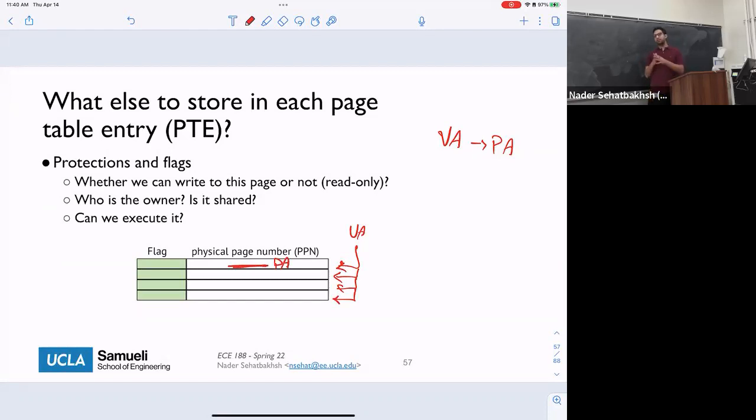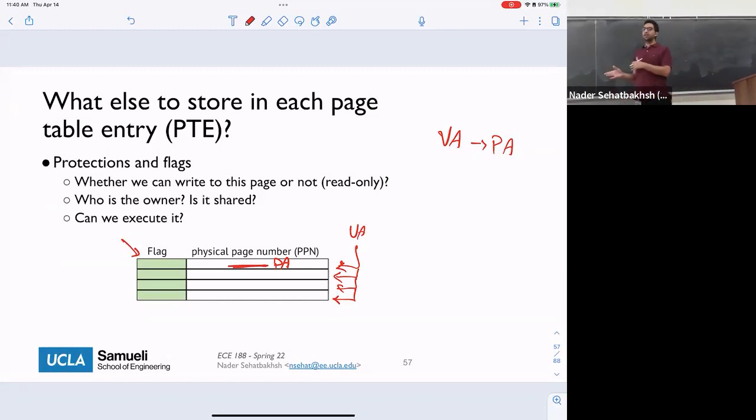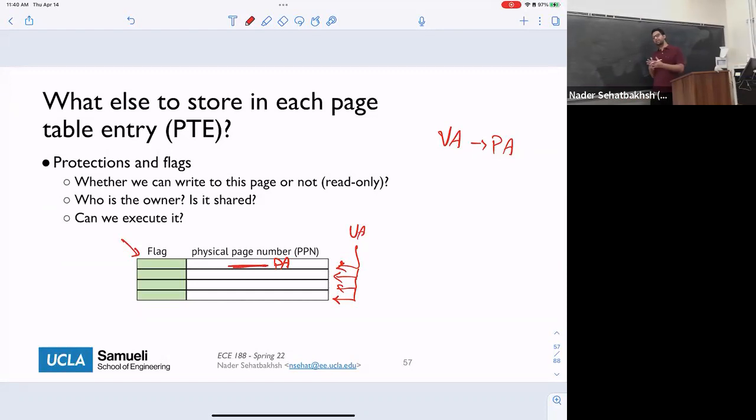But in addition to these physical addresses, we usually have another set of columns called flags. These flags give you an idea of who has access to this page, who has access to this part of our physical memory. And here we can, for example, say that different process IDs have access to this.